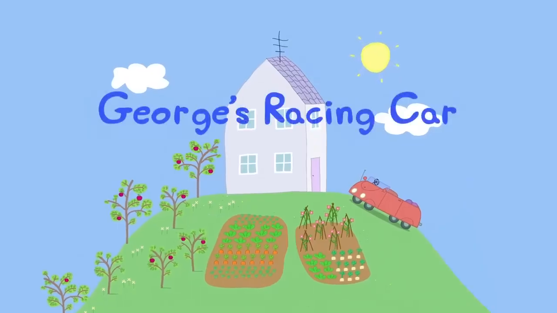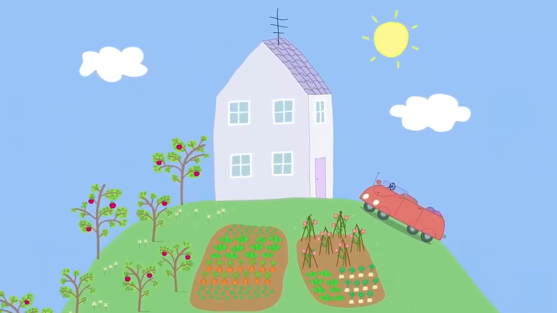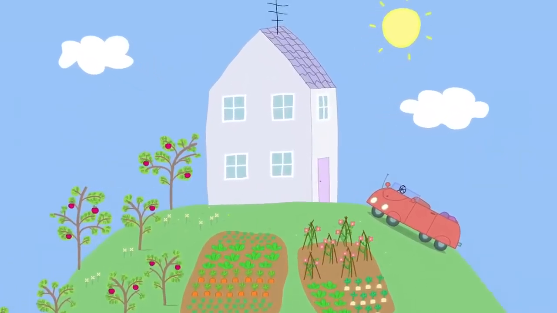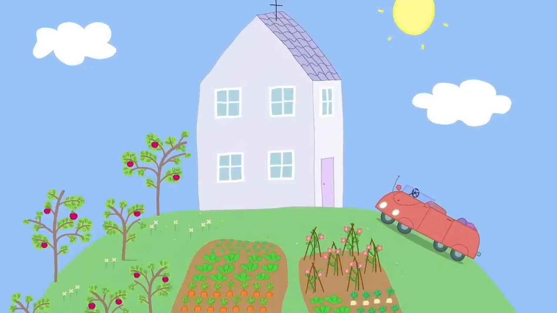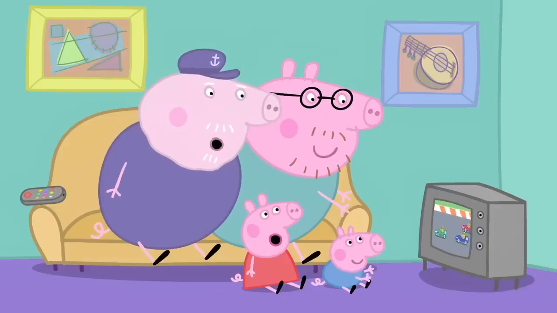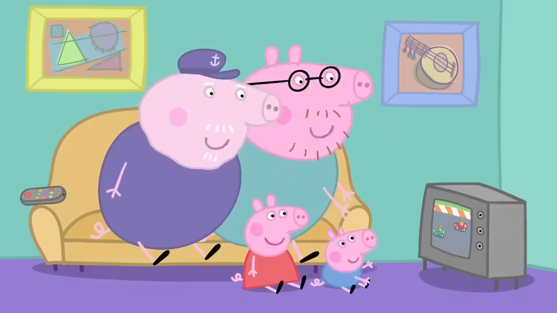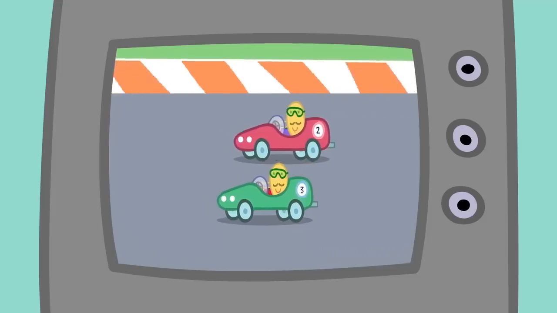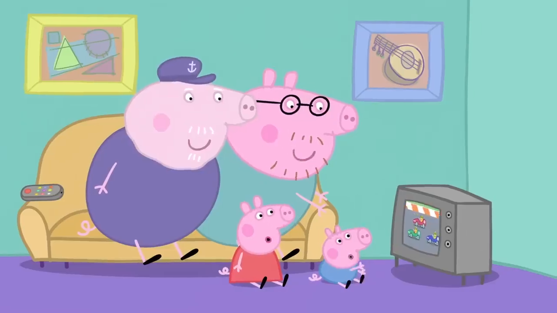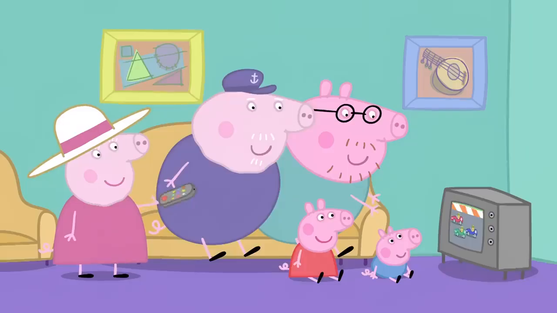George's racing car. It is a lovely sunny day at Granny and Grandpa Pig's house. Peppa, George, Daddy and Grandpa are inside watching racing cars on television. Come on, car number 2. It's neck and neck coming up to the finish. What a lot of noise! This is so exciting. Car number 2 is about...